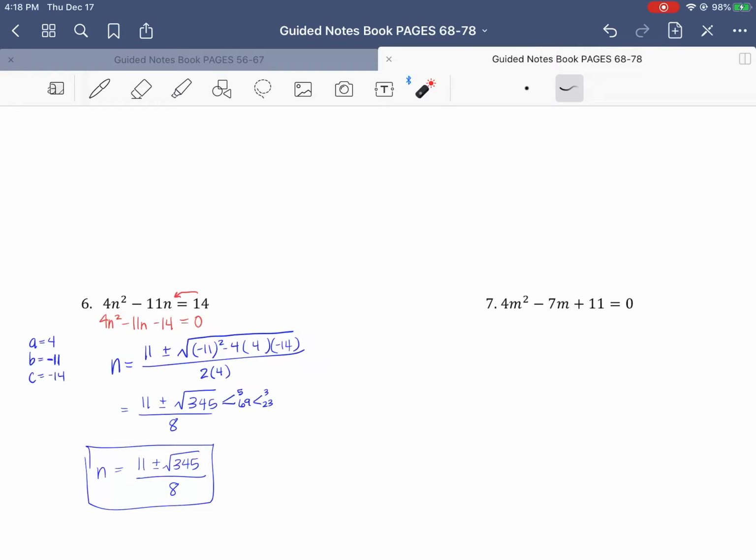Other than that, you can use the quadratic formula at any time. So if it's factorable, it's probably faster to factor. But if you can't tell that it's factorable right off, go ahead and plug it into the quadratic formula. Again, you can listen to that quadratic formula song over and over until you feel like you